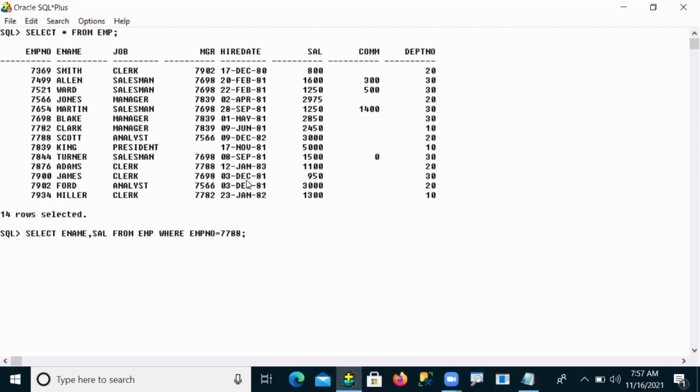So whichever employee number we give here, that employee's name and salary we retrieve from the table and display. This is SQL language, retrieving specific columns' data from your table as per the given employee number.